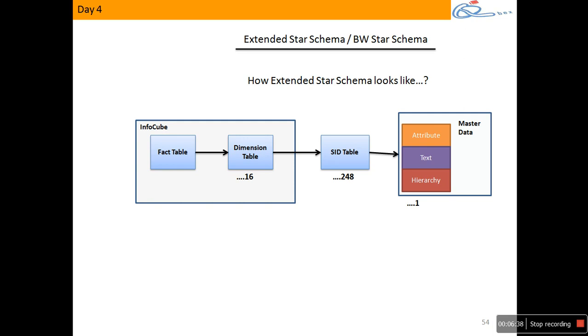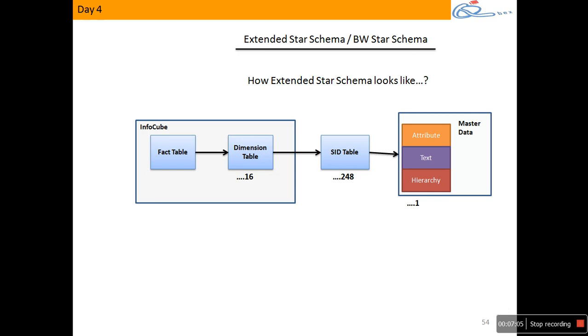dimension tables maximum. You remember yesterday in the cube, in the dimensions folder, we had 3 dimensions: data packet, time, and unit, and you could create 13 more. Whenever you create a dimension folder there, it actually creates a dimension table in the backend. So the cube we created yesterday had 3 dimensions: time, unit, data packet, and then one more. That was a cube with 4 dimensions. Like this, we can have a cube with up to 16 dimensions.